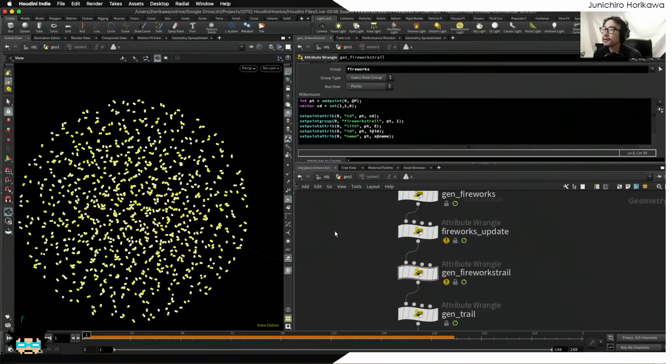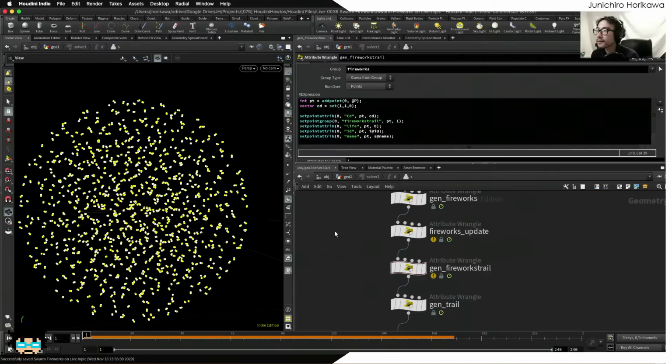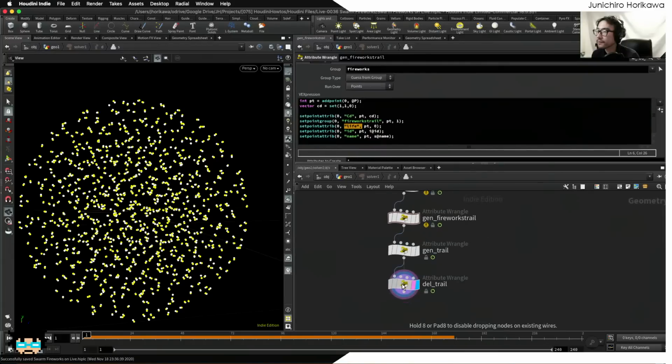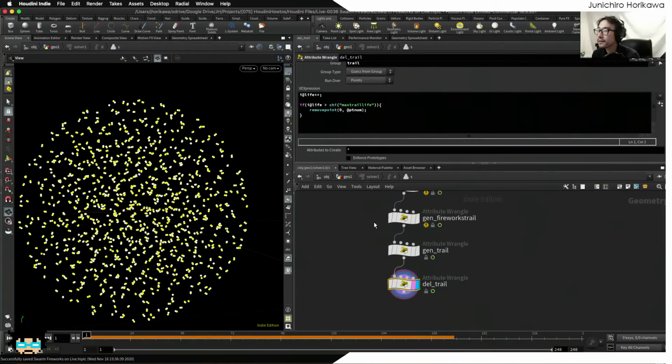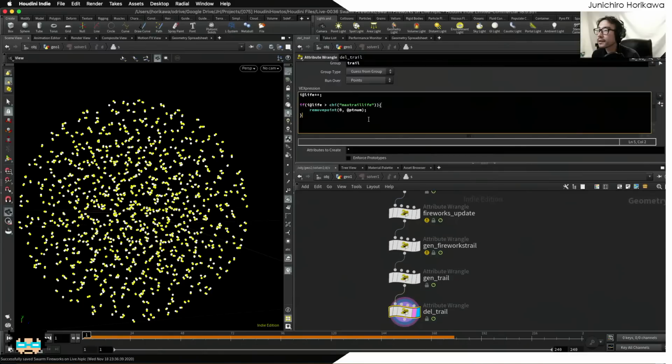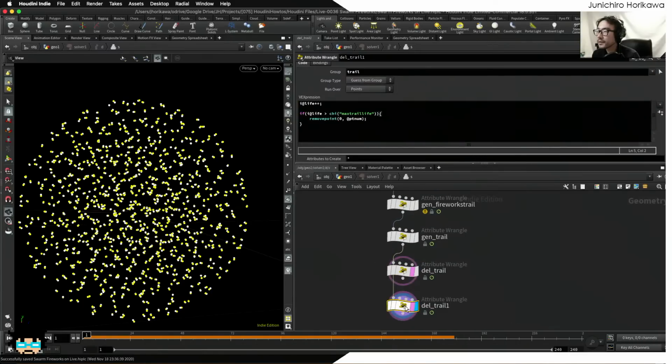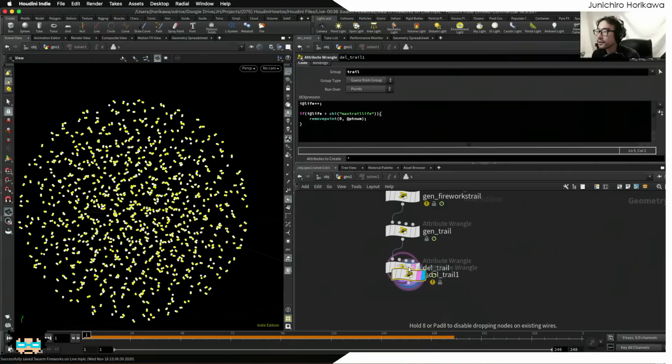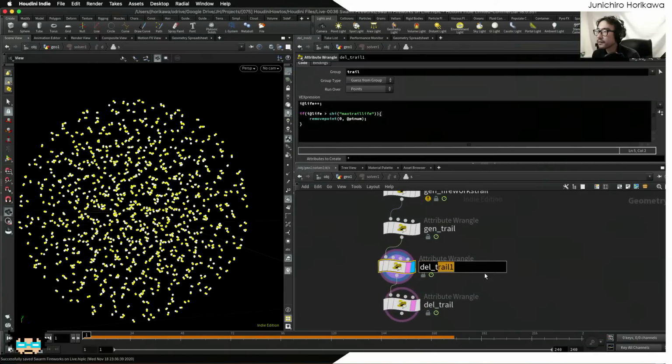Okay, so I do need to have a function to delete this fireworks trail using this life value, just like I did for this delete trail. Okay, so let's copy this one as well. Name this del fireworks del trail. For this one, I'm going to look for the fireworks trail,